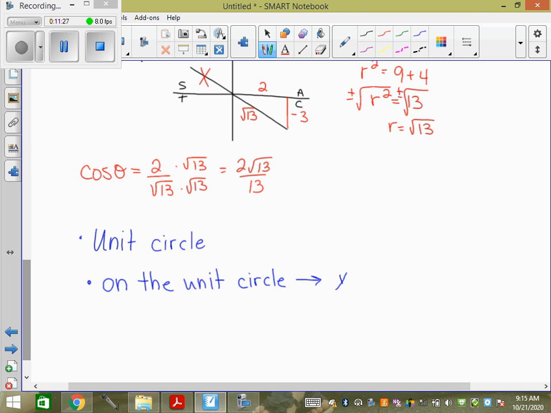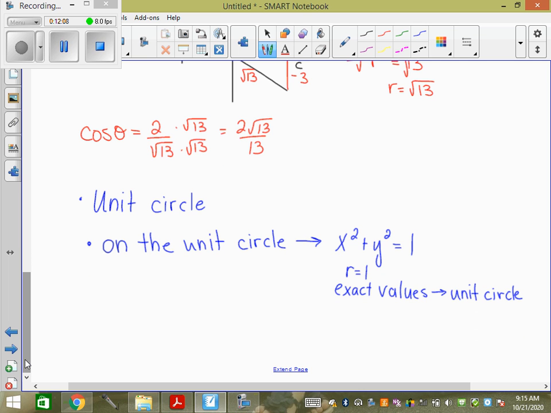Yes, all of those are true. So we have x squared plus y squared equals 1. If it says coordinates on the unit circle, we also know that our radius is 1. We also know that if it's on the unit circle or it says exact values, we must turn to the unit circle. They're all information, right? So when I said exact values, that was a huge hint that you're probably pulling your answers off of the unit circle, right? It says on the unit circle, we know the radius is 1, so we know we're going to use x squared plus y squared equals 1, because that's the formula of a circle centered at 0, 0 with a radius of 1. So what I did is I would give you, for example, I could say